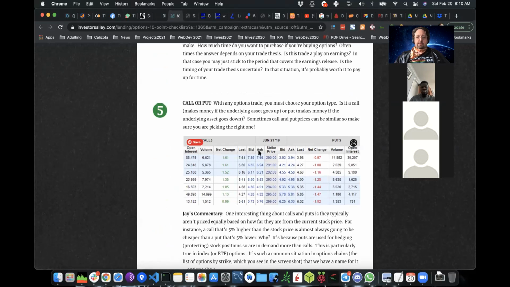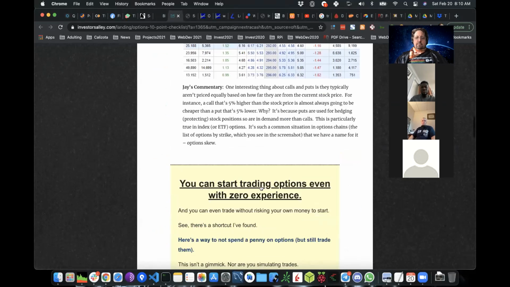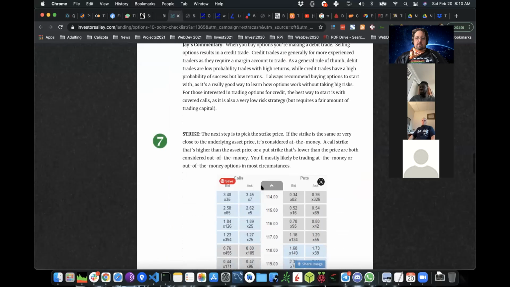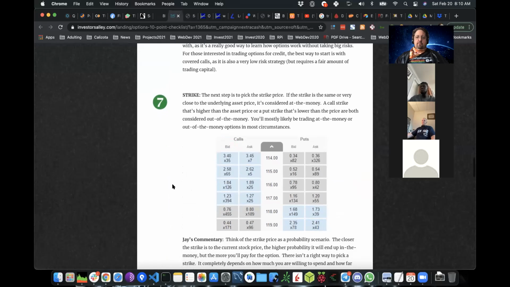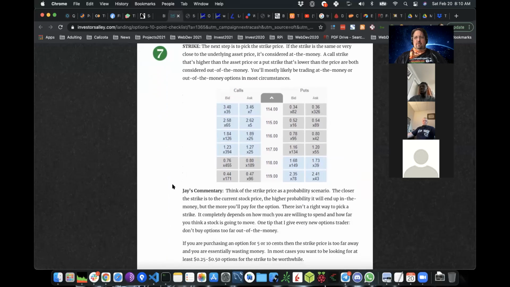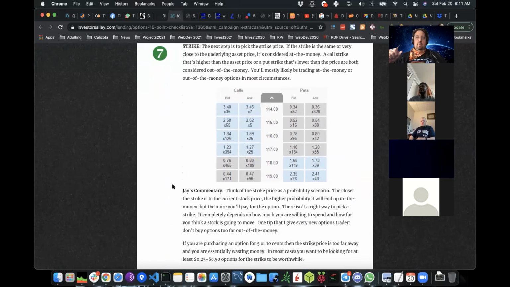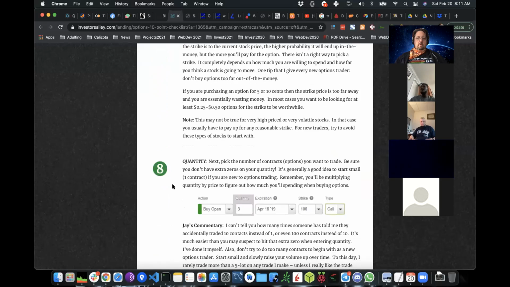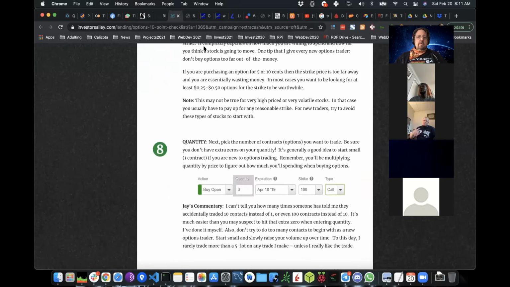And I guess the thing that confuses me the most is the strike price, because what I've observed from a few of the people who are successful with options, including yourself, is that there's not much variation in the strike price from what the current mark is, right? Yeah. So let me see, there was